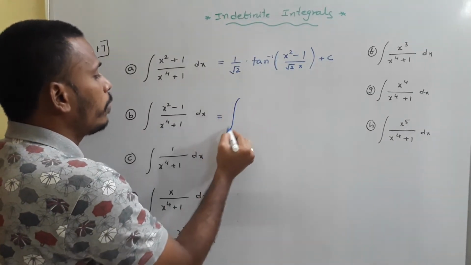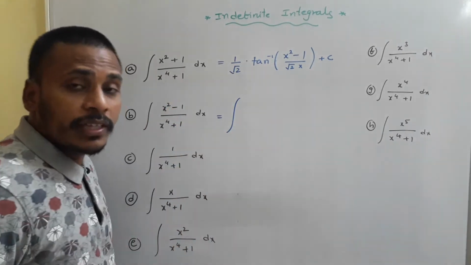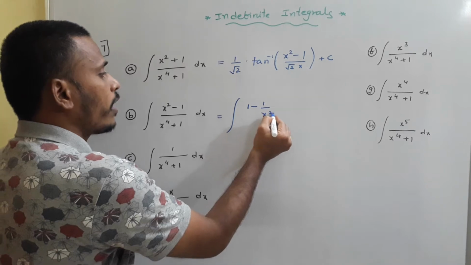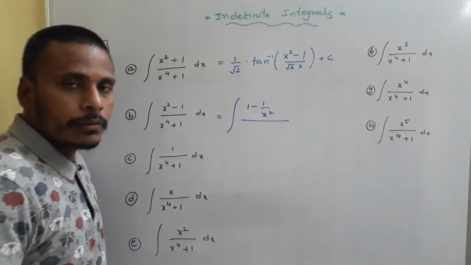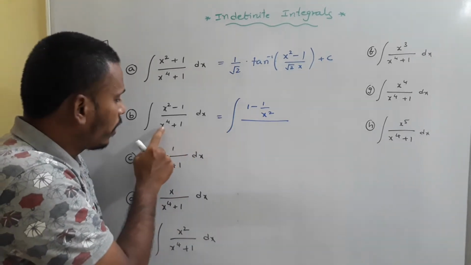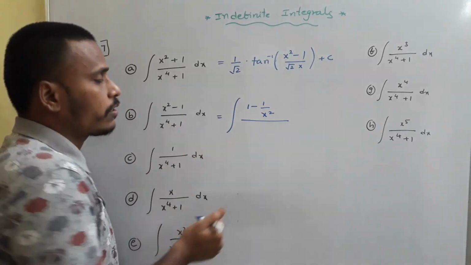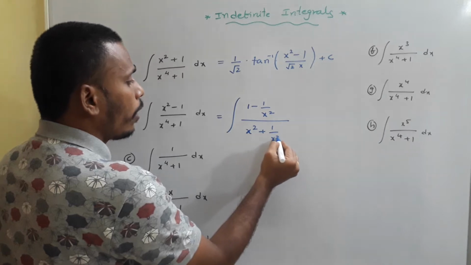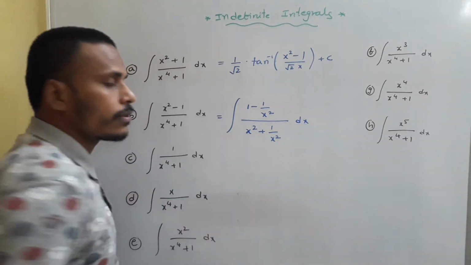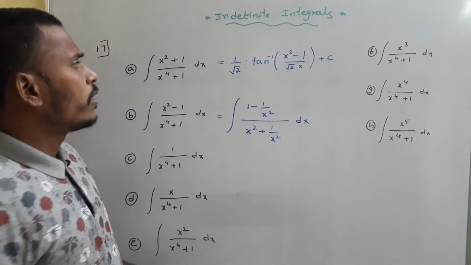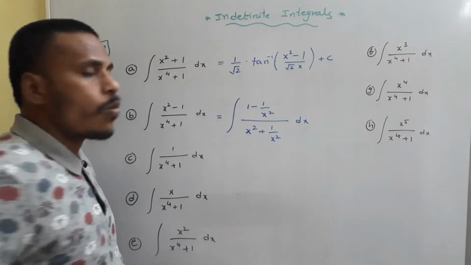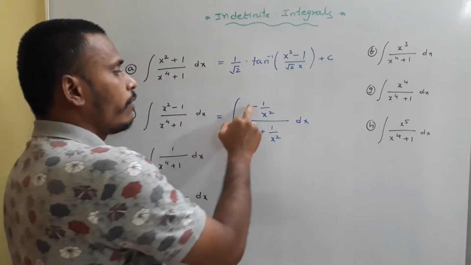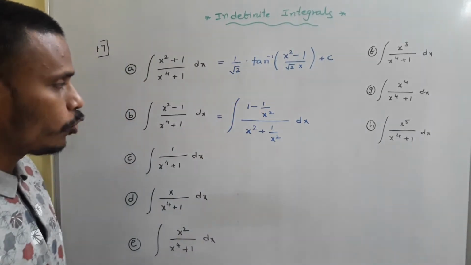Then this problem will become, we are dividing the numerator by x square. x square by x square is 1 and 1 by x square. The numerator is 1 minus 1 by x square. Whereas coming to the denominator, divide this x power 4 plus 1 by x square. So it is simply x square plus 1 by x square dx. Now, for the previous bit we have 1 plus 1 by x square in the numerator, and for this bit B we have 1 minus 1 by x square in the numerator.